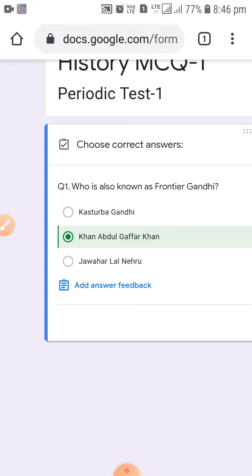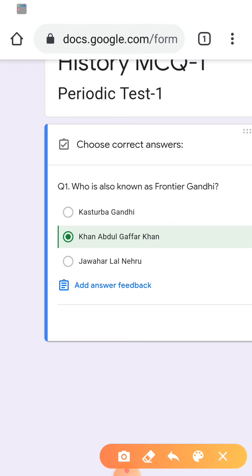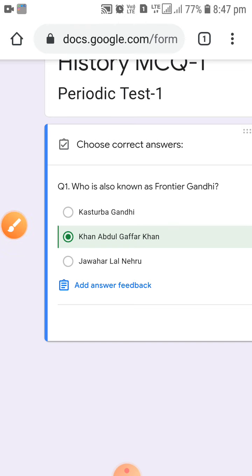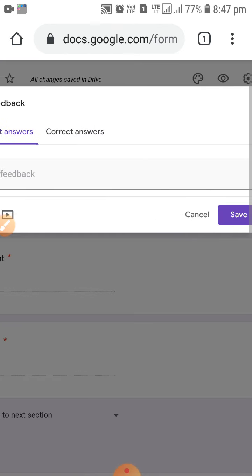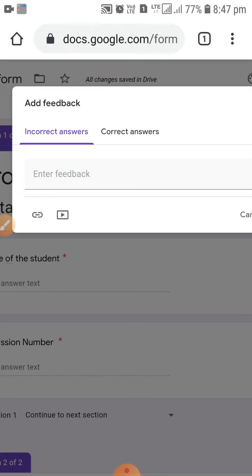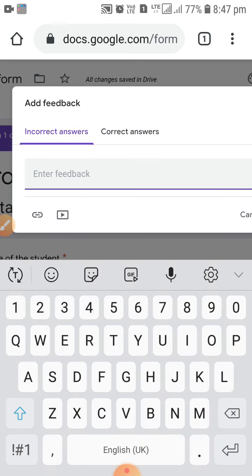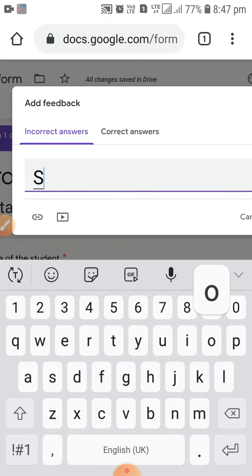Okay, now you can have another more very interesting option over here. You can see add answer feedback option is also there. Suppose if some student has given right answer, so if you want to praise them, if you want to give some comment also, then just click on this add answer feedback. Incorrect answer, if someone has given incorrect answer, then what you want to tell them. Suppose I am clicking on the enter feedback, so I will write sorry,